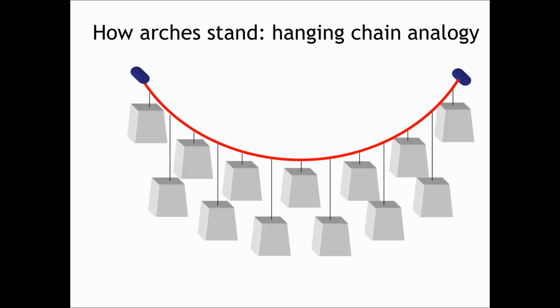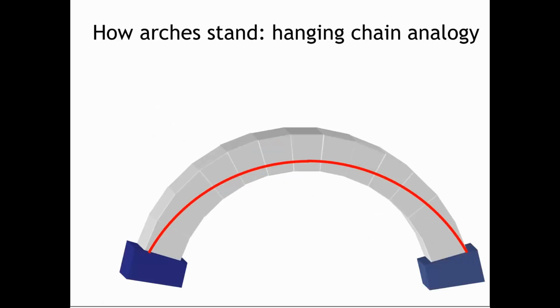Well, if you have a weightless cable, in this case shown in red, you then suspend all the masonry blocks or voussoirs that you're going to use to form your masonry arch from that cable. You freeze the profile and you invert it, and then you build your masonry arch using those same blocks, and you find that you can fit that profile entirely within the thickness of the masonry. Then Hooke was telling us that your masonry arch will be stable, it will stand, which is a major finding,